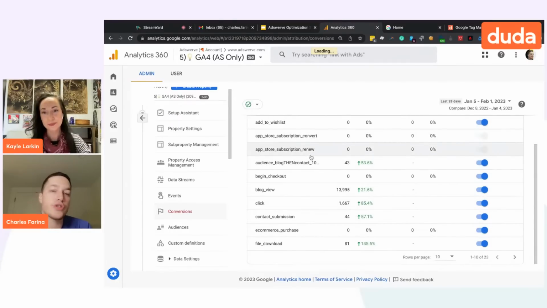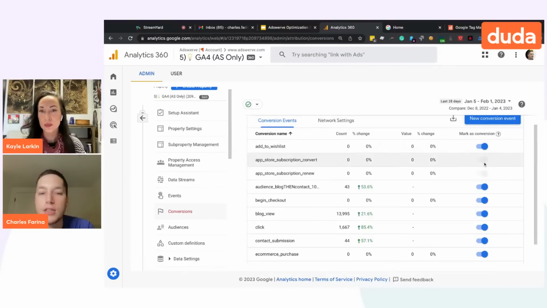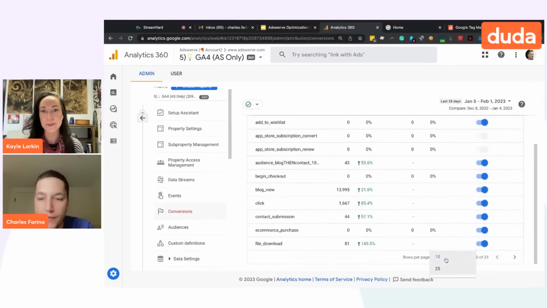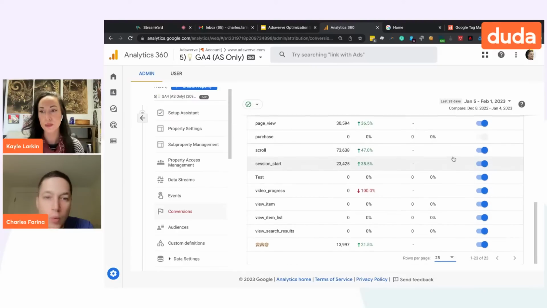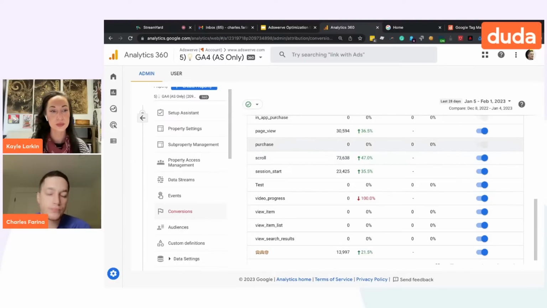Anything you're tracking as an event in Google Analytics, with a single click, you can enable it as a conversion. As an example, if I show all of my events, one of the automatic events in Google Analytics is scroll tracking. It tracks it automatically for us. If I wanted to, for whatever reason, have scroll tracking as a conversion, all I have to do is turn on the switch, and then it's a conversion.